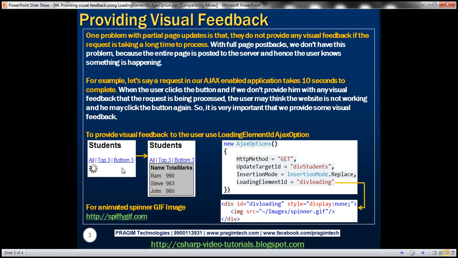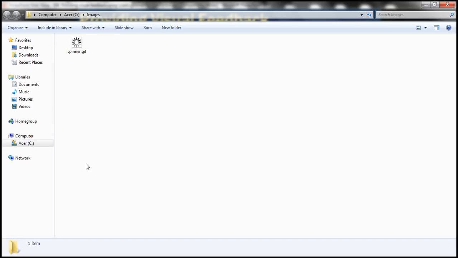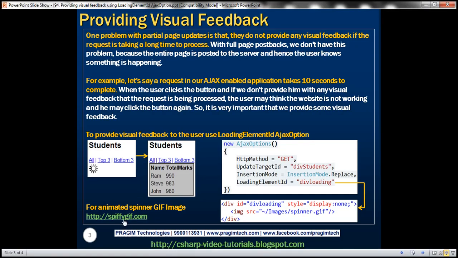Okay, the first step is obviously I need this image. So I have already downloaded that onto my machine. So within the C:\images, I have this animated GIF image. Now if you want to create these animated spinner GIF images, here's a very good website that I have come across,